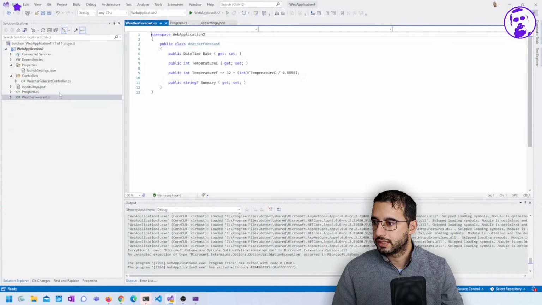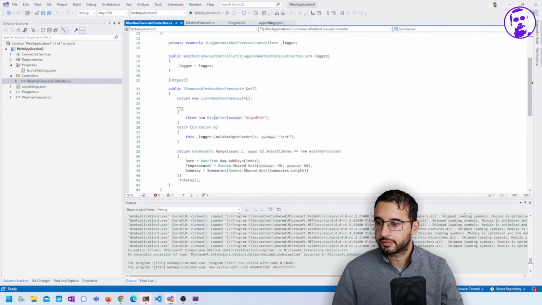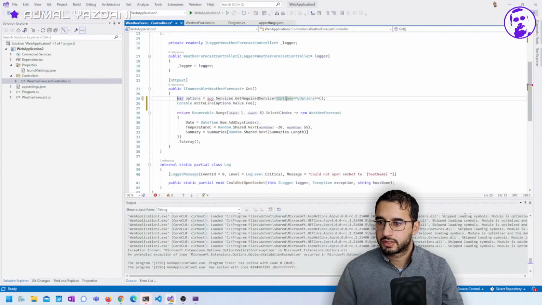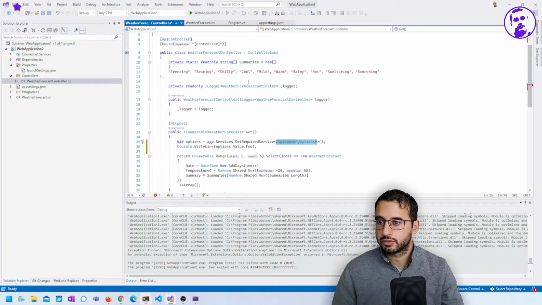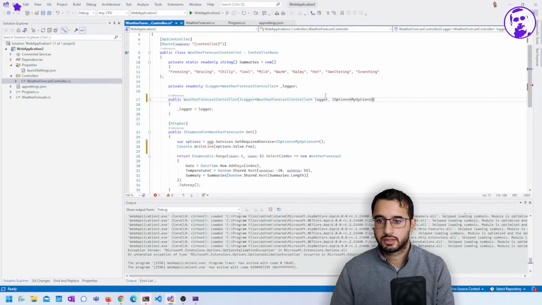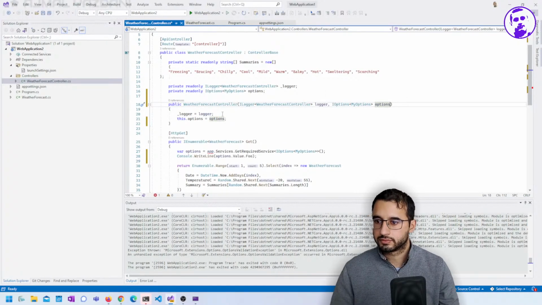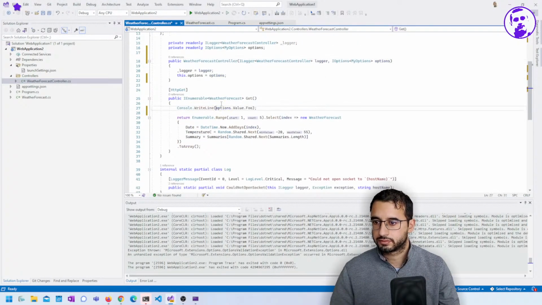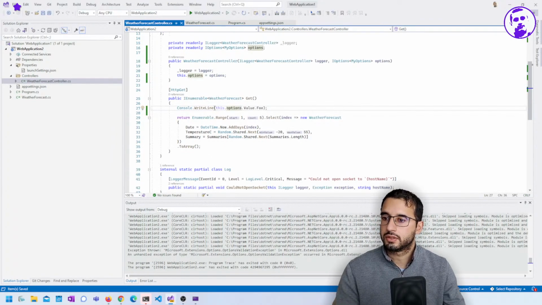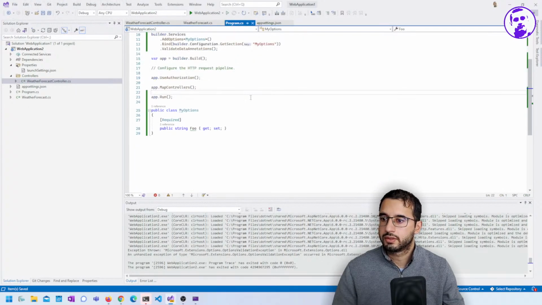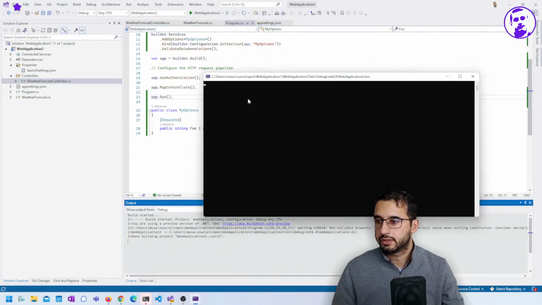I know. Let's stick it in the controller. Remove this old code that we had. And we'll take this guy in. So this will now console write line the options value. So if we run this now,